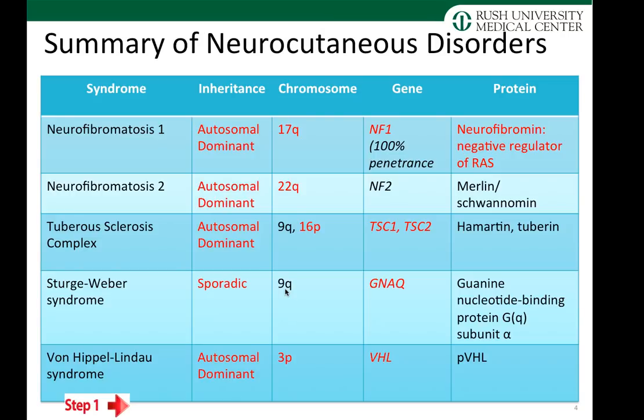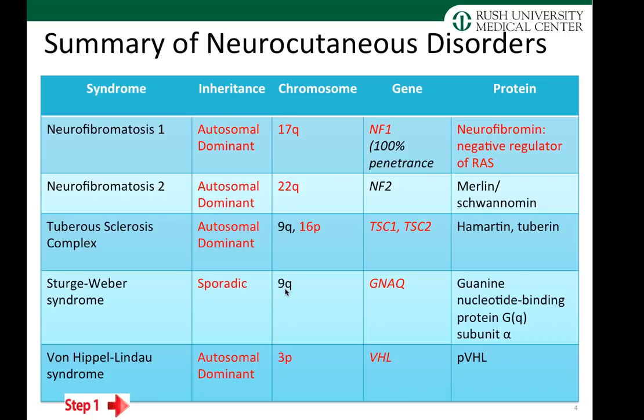So this is a summary table of the neurocutaneous disorders, and what you will notice throughout this talk is that I'm going to highlight in red those items that appear to show up on your STEP exams that are thought to be very important. This table, pretty much the whole table is important, and that's why I've denoted it with the Step 1 icon